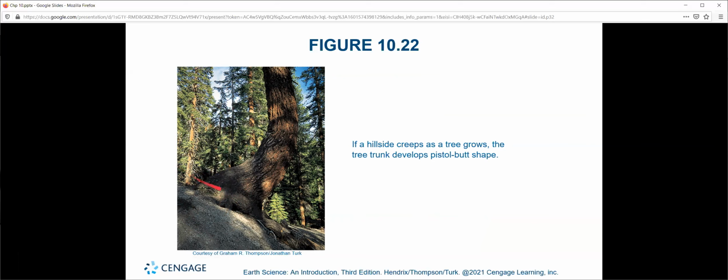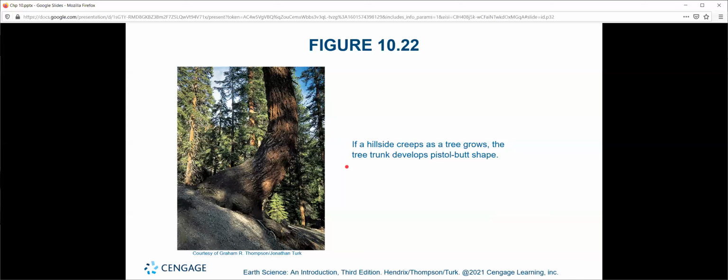Exactly what I said here, right? Do you think when this tree started growing, it was growing at this oblique angle and then decided at some point in its life to turn up? No, of course not. This tree's on the side of a hill, and when this tree first started, it was vertical. But the hill's been moving downward such that the tree and the roots have been sliding down slowly, creeping on down, and the tree had to adjust as it grew.